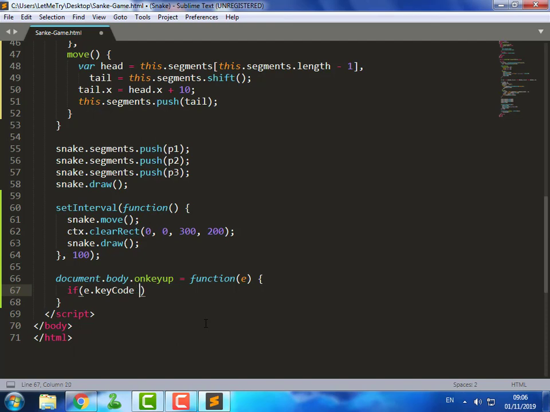Then, each time the user presses a key, we check if it's an arrow key, then we change the direction.